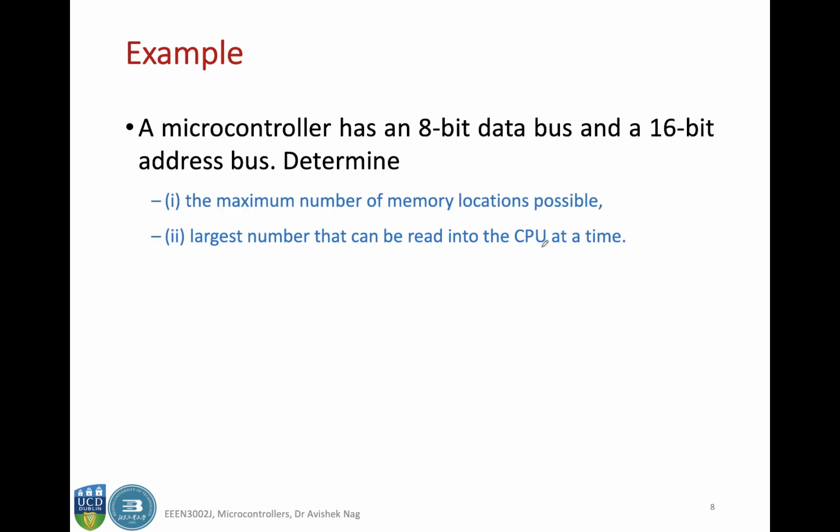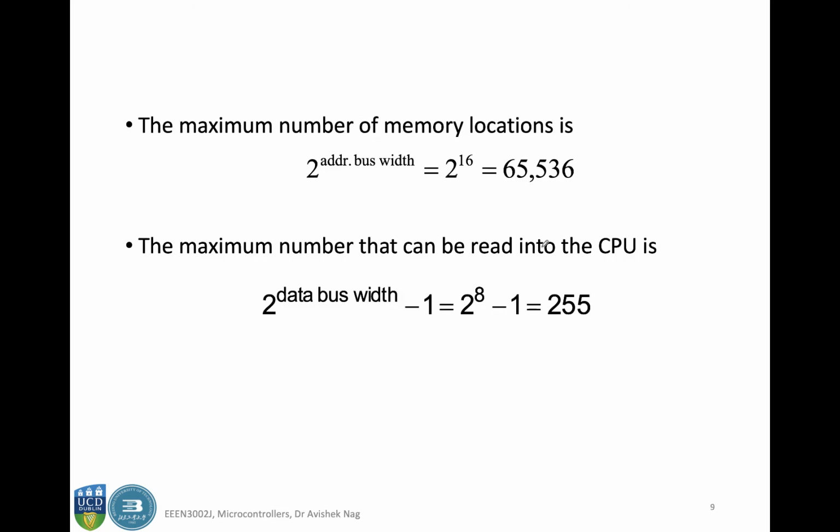So let's do an example. A microcontroller has an 8-bit data bus and a 16-bit address bus. Determine the maximum number of memory locations possible and the largest number that can be read into the CPU at a time. So the maximum number of memory locations possible is determined by the address bus. So that will be 2 to the power the address bus width. And in this example, it is 2 to the power 16, which is